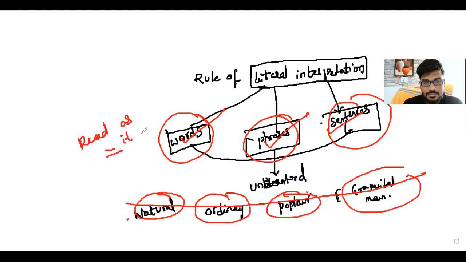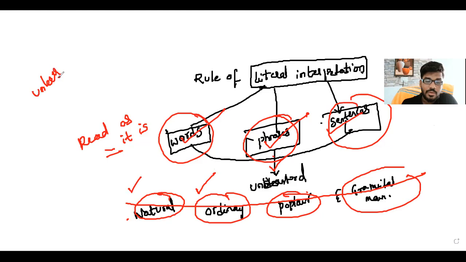Read as it is. Whether we go through the Indian Contract Act, the Negotiable Instruments Act, the Companies Act, or the General Clauses Act, whatever the act may be, it consists of words, phrases, and sentences. These you have to understand as it is, meaning the natural meaning, the ordinary meaning, the popular meaning, the grammatical meaning of that word. Based on that only you have to understand,